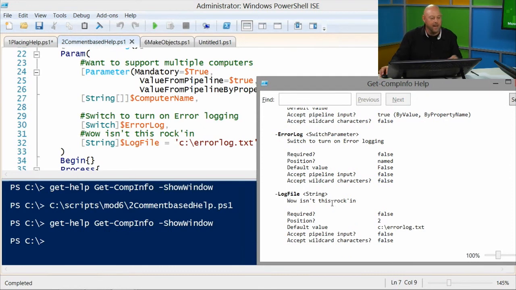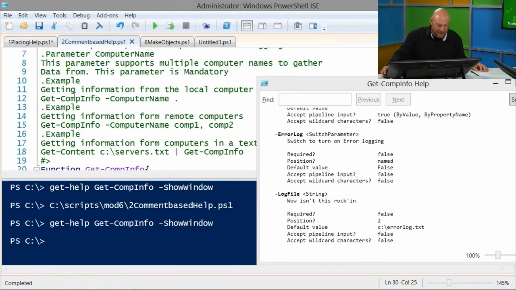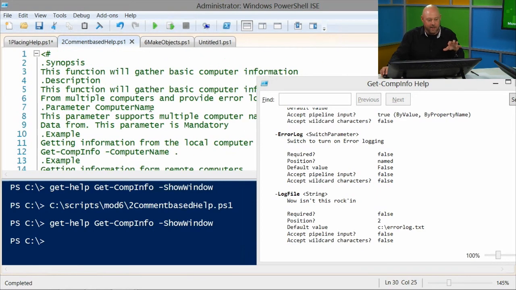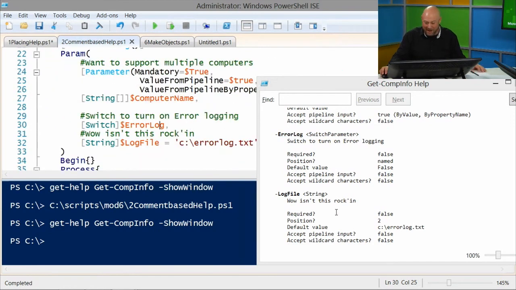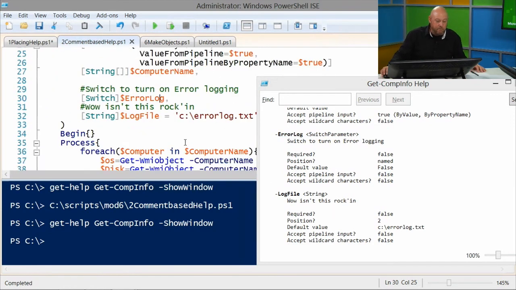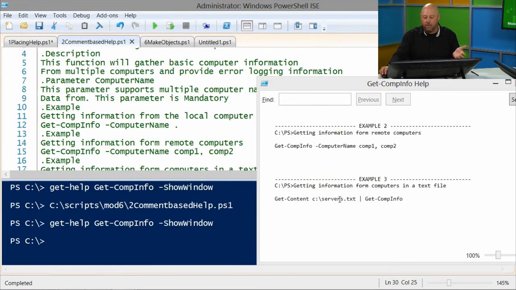Oh my God, I didn't know you could do that. That's really cool. Okay, so there are, again, multiple ways to do things. The best practice is probably going to be to put it up here in the examples and the parameter where you're defining it. But that is awfully kind of cool. I didn't know that would happen. That's surprising. And so we've got a nice help system at this point,